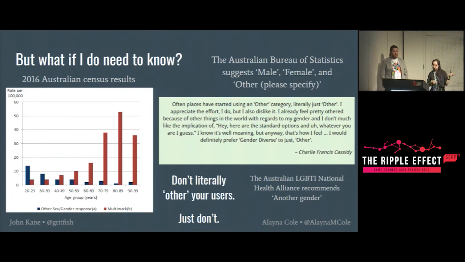These statistics are from the census, though. The Australian Bureau of Statistics did do other as the option, and it shows you how many people selected that. It's important to bear in mind that a lot of people do that, and therefore you should probably cater for them if you want them to play your game and feel included by it. And the highest bars of the other sex, gender response, that's the prime gaming market? Yeah? Cool.